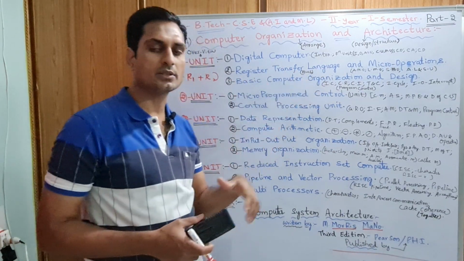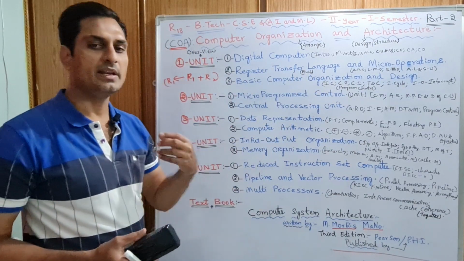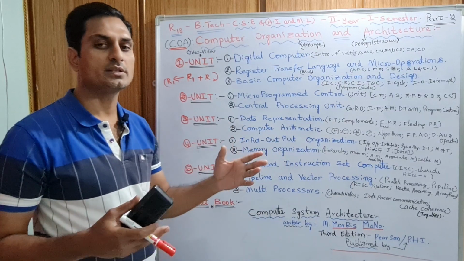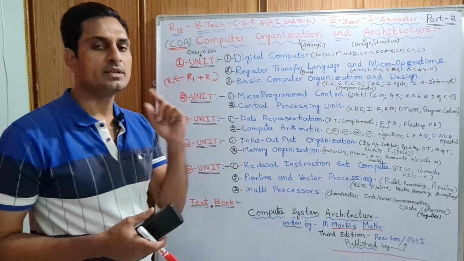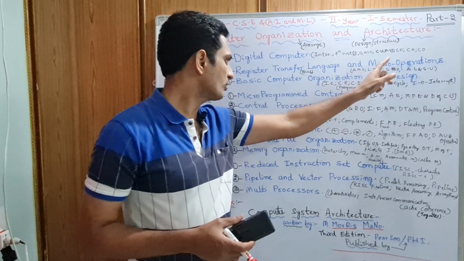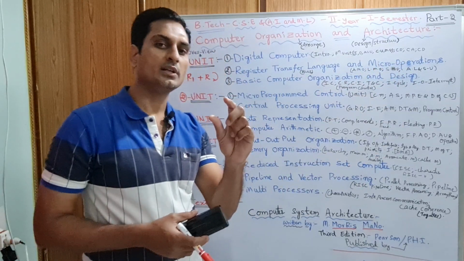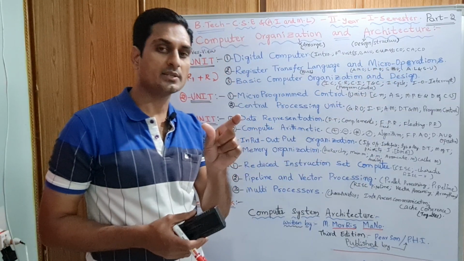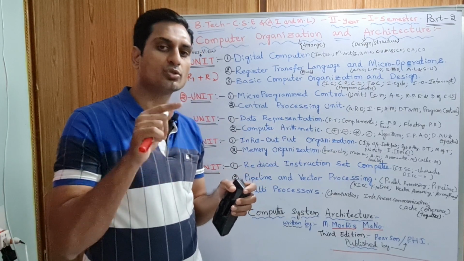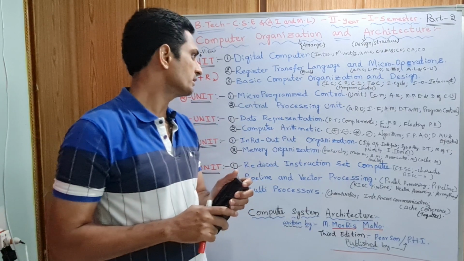Here we are using buses also, the common bus system. Many lines, many wires will be there. Instead of traveling zeros and ones separately inside the computer, we use a single bus, that is called the common bus system, that we will discuss here. And micro operation: micro means small operation. As a register is the smallest part, the operation done on data stored in the register is called a micro operation.